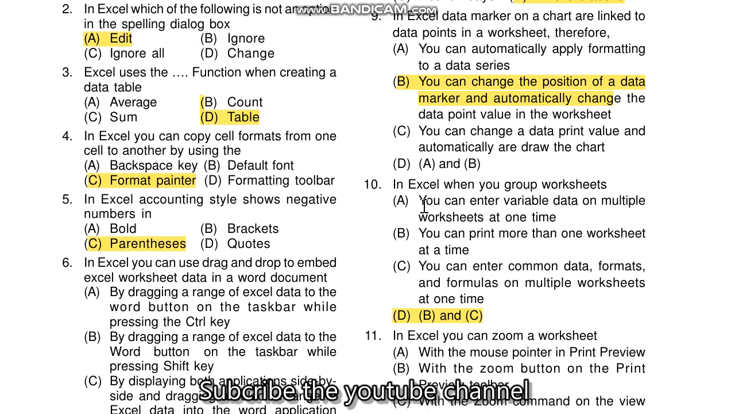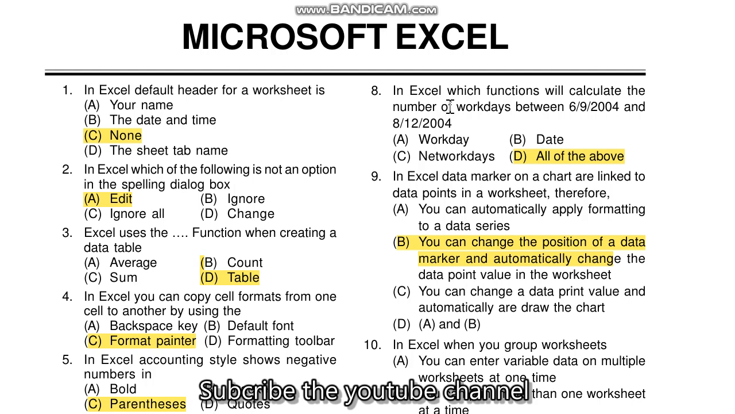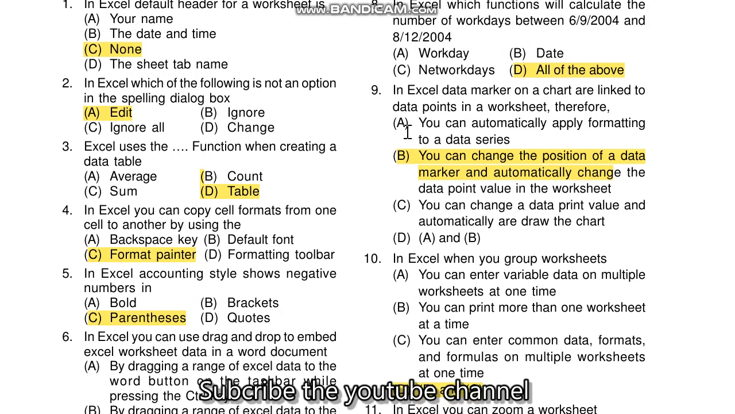sheet कहलाती है। Question number 8 है, in the Excel which function will calculate the number of the work days between the 6/9/2000 and the 8/11/2000, all of the above used। Question number 9, in Excel data marker on the chart are linked to the data points in a worksheet, therefore you can change to position of a data marker and automatically change the data